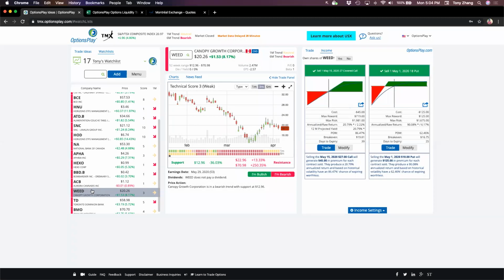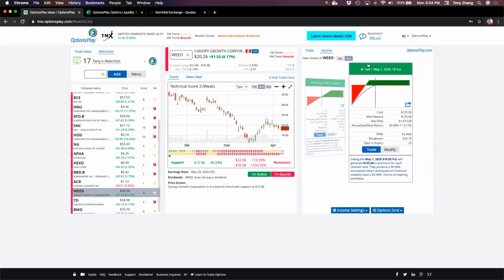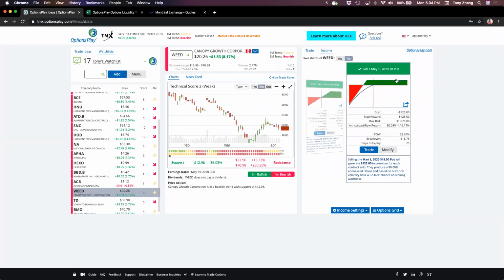Let's say you want to look at Canopy Growth, right? What's interesting about these marijuana stocks is that, first of all, they're very volatile to begin with, and they're even more volatile now given the current market scenario. So if I can sell a May 1st $18 put option when the stock's trading at $20 and collect $125 on a $2,000 stock purchase. So to buy 100 shares of an $18 stock, I need $1,800. In this particular case, I only need $1,675, which reflects the $125 discount. How big of a discount is that? That's a 6% discount. That is not a small number to look at for a stock that trades so volatile